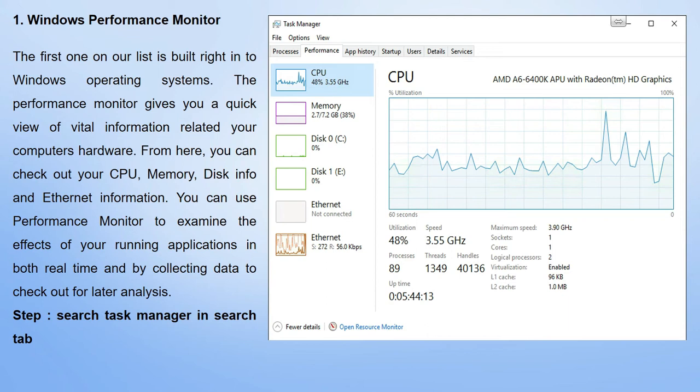You can click on that option and you will get this screen. Now go to Performance and you will get detailed information about the performance of your CPU, memory, disks, it may be your C drive, D drive, E drive, whatever it may be, and Ethernet. All these things will be displayed by the Performance Monitor option.